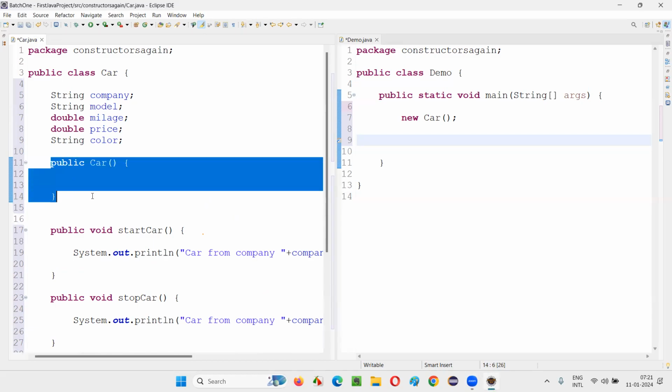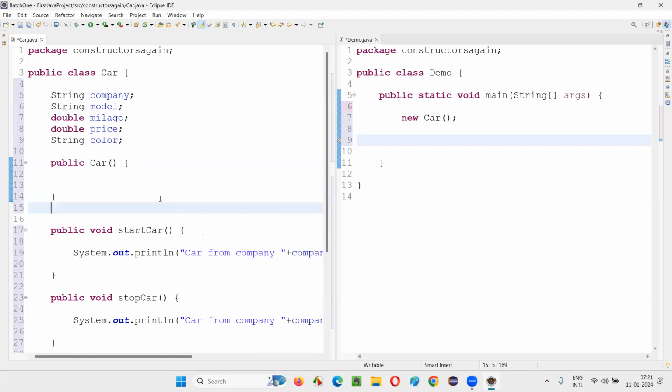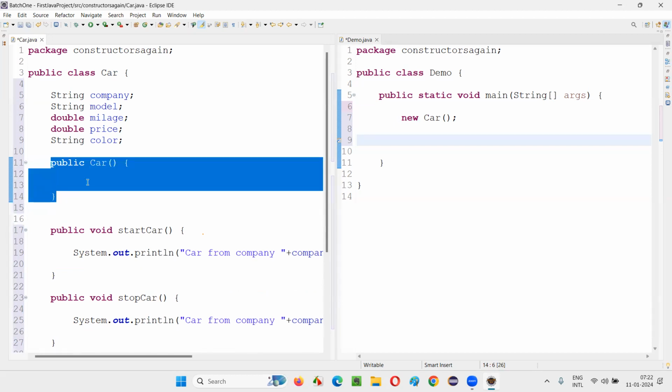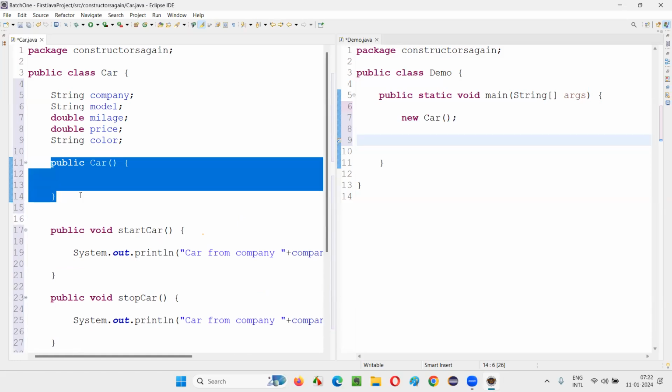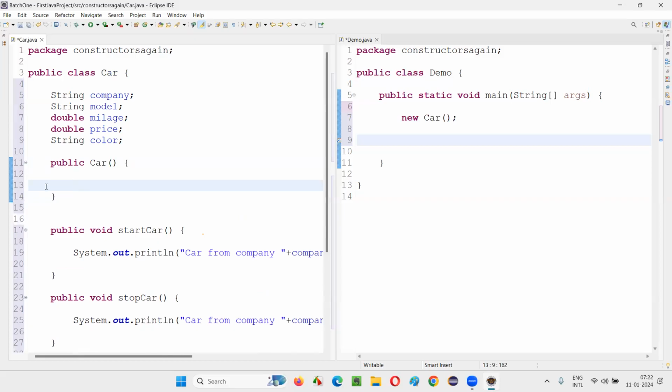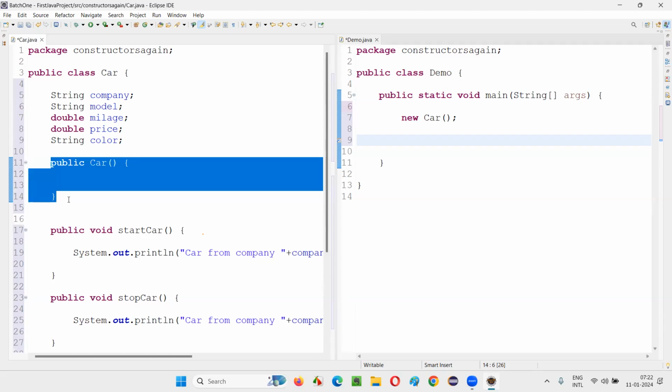That will be replaced by this constructor. If I am creating an explicit constructor here, this will be given the preference now.